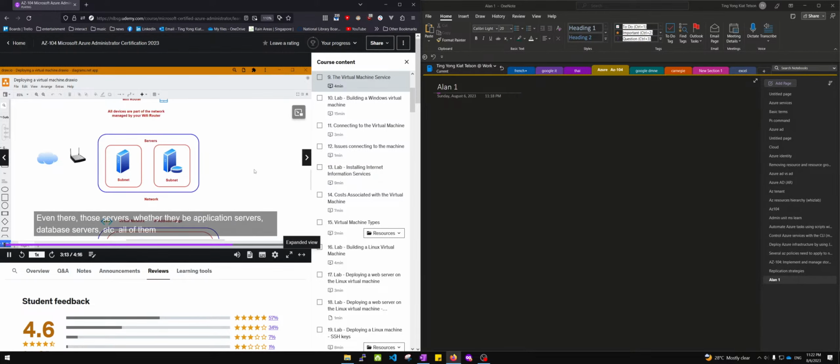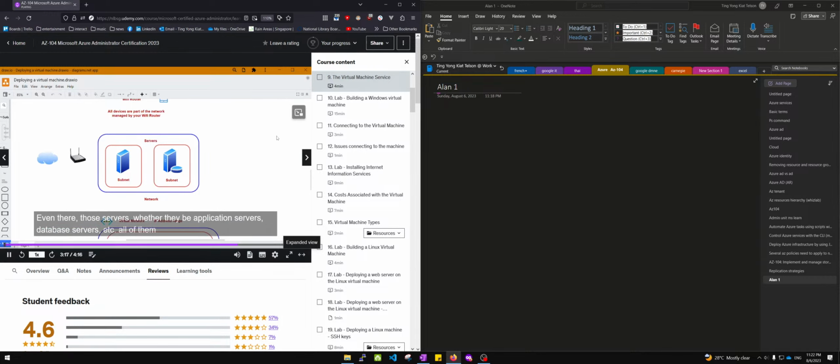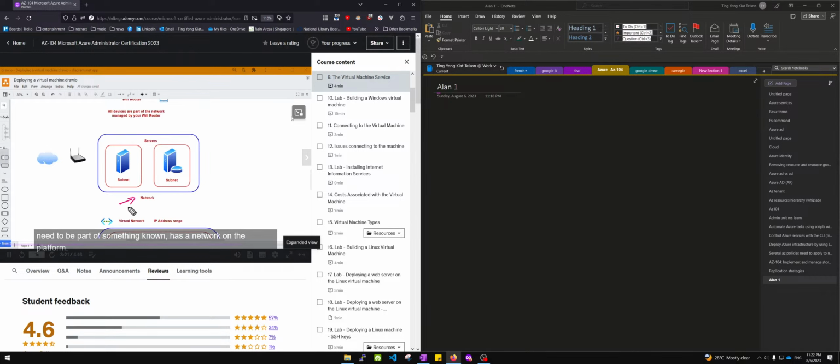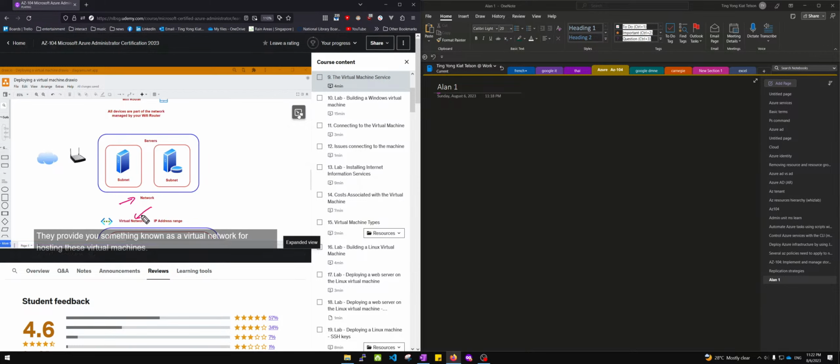Similarly, for an on-premises data center, so let's say a company is managing their own servers, even there, those servers, whether they be application servers, database servers, etc., all of them need to be part of something known as a network. On the Azure platform, they provide you something known as a virtual network for hosting these